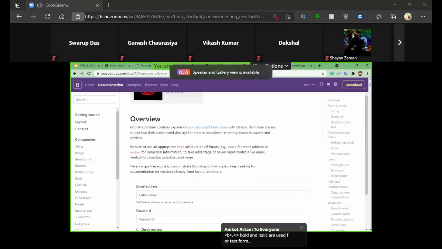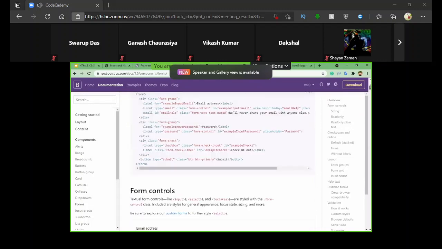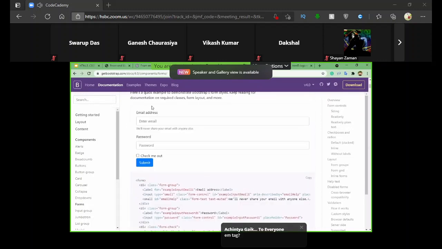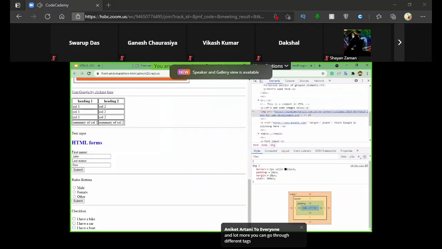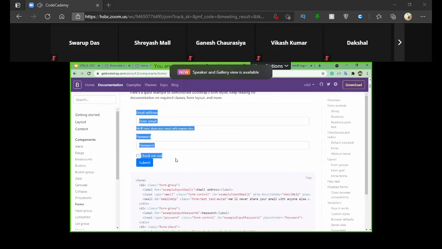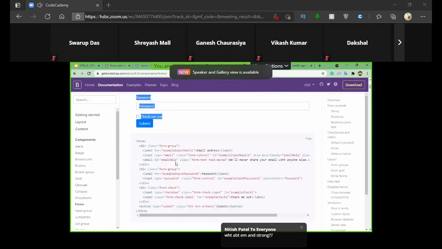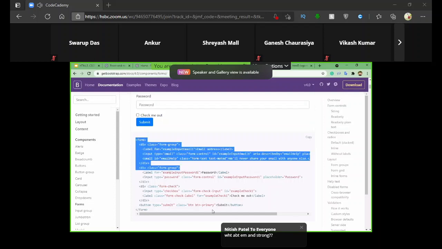Okay, so I'll just go through the type of templates that they have. As you can see, this is looking very pretty compared to our website, right? This HTML form is looking ugly, not having so many CSS properties, whereas over here it is neatly presented, right? So whenever we want to save our time and add this kind of code, we use something called Bootstrap.